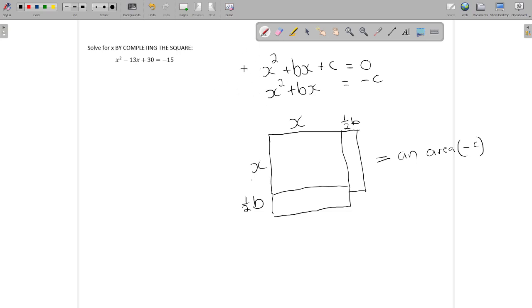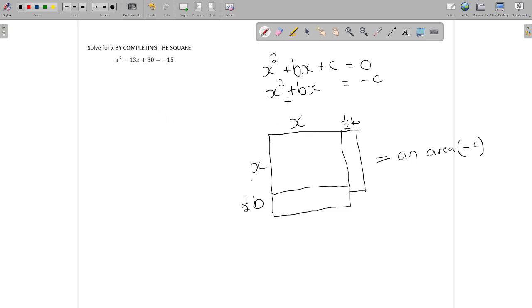Our quadratic equation is normally in the form x squared plus bx plus c. Just note that I have no coefficient here for x squared. That's going to be important later. So, if I rearrange this, I can say x squared plus bx is equal to minus c. Now what this means effectively, if we look at our area models that we've been investigating quite a lot in the past,